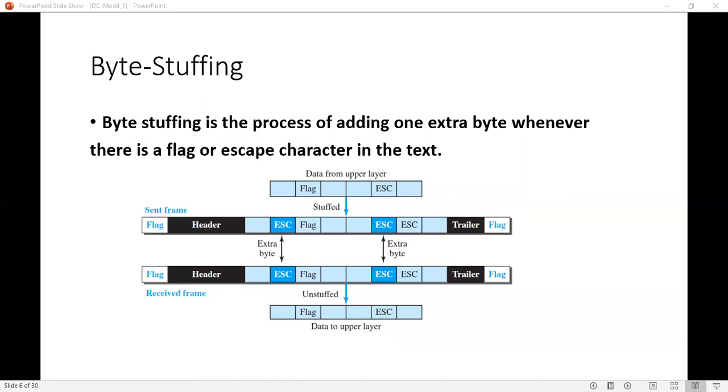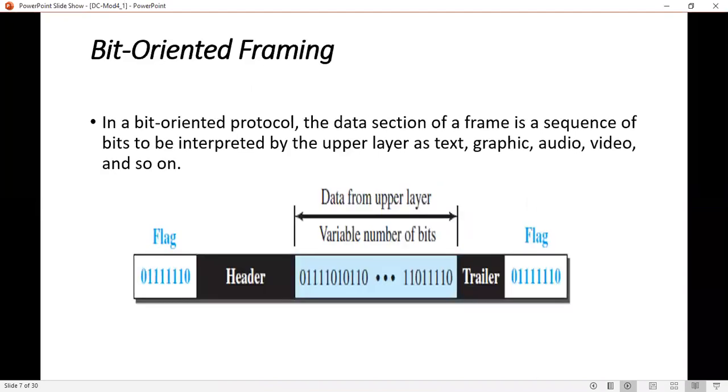Next, we will see the other type, that is bit oriented framing. In a bit oriented protocol, the data section of the frame is a sequence of bits to be interpreted by the upper layer as text, graphic, audio or video and so on.